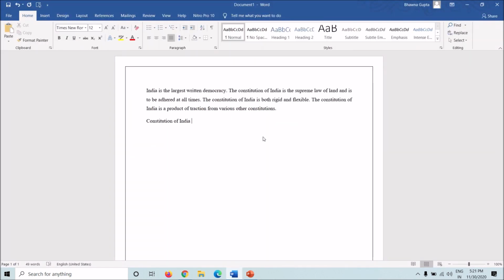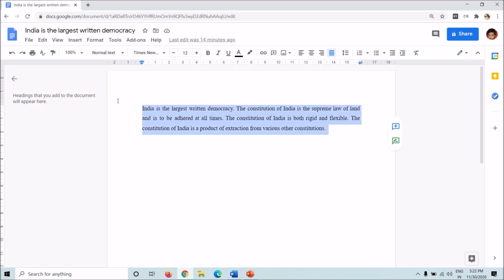Now this is the basic working of both the apps. Font size, changing the text, superscript, subscript. This is basically what these softwares can do. Now, as we delve further, we'll see what else can be done in Word and Docs. So basically, Docs is pretty simple. It does not provide a lot of features that Word provides.